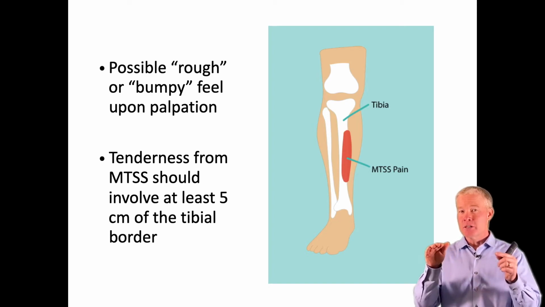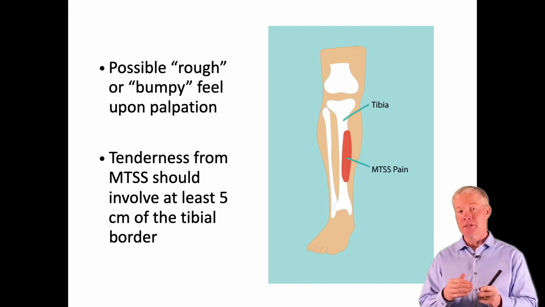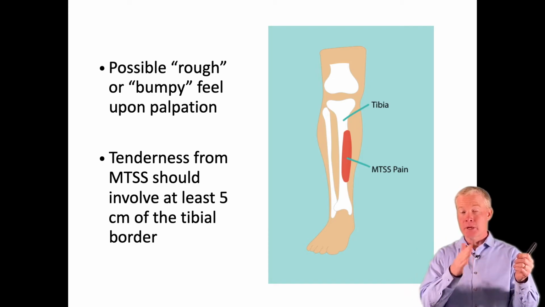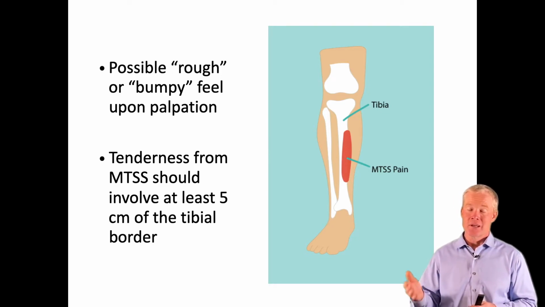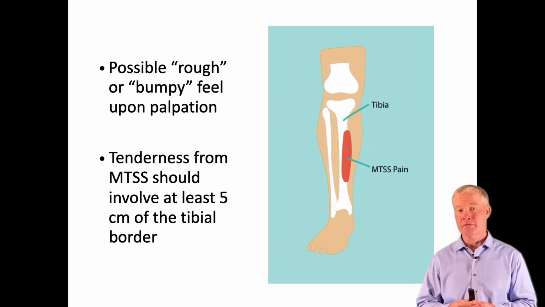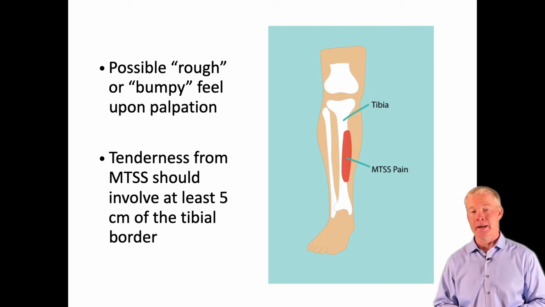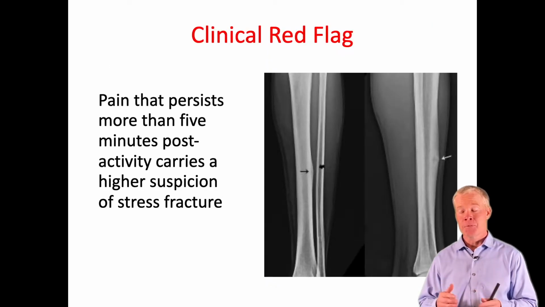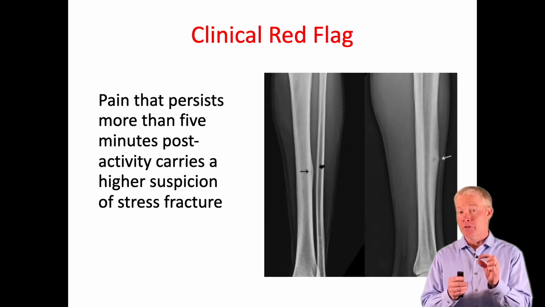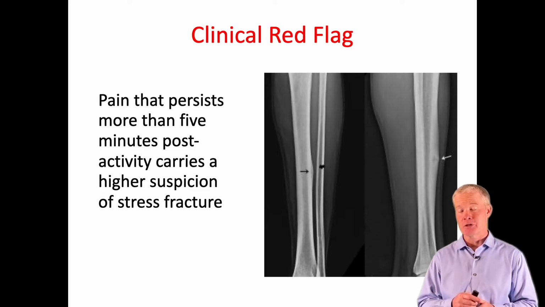But as we start to develop an area of stress, now when we stress it, those are the only pain sensors that are going to scream. So as we transition from shin splints into a patient who now has a tibial stress fracture, the area is going to shrink, but it's also going to increase in the intensity, and it's going to increase in when it happens. It's going to start happening throughout activity. So pain that persists more than 5 minutes after activity, we have to be suspicious of a stress fracture. And pain that has shrunk down to a very small area, we have to be very suspicious of a stress fracture.